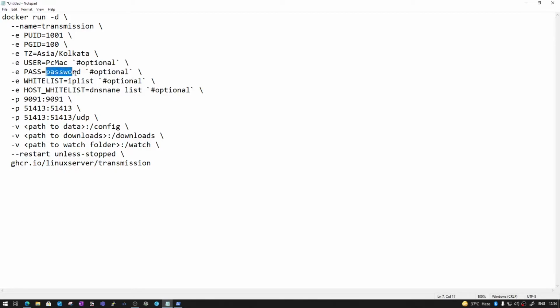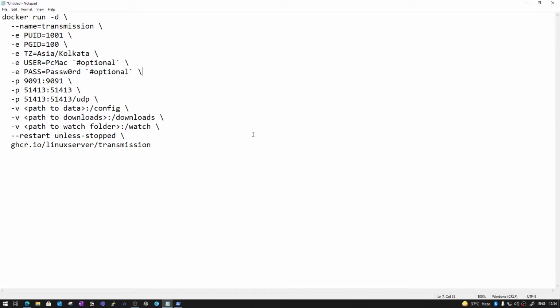Let's make a password. And we don't want to use the whitelist right now, and this one we also don't want to use. Now the port number is 9091, on which Transmission will be available, and other ports are right here.